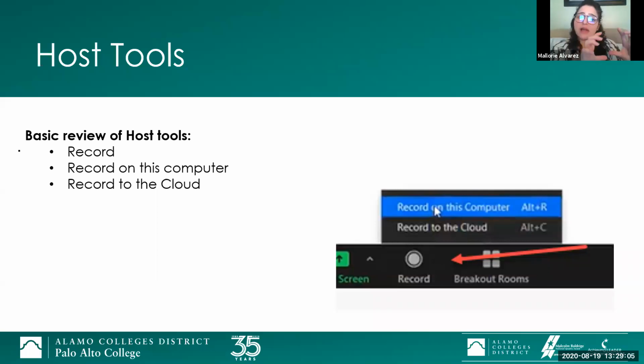Those little thumbnails that you can see of each other are called gallery view. Unless you decide to record the gallery view, those little thumbnails shouldn't appear in the recording. If you make sure that only the speaker and the items being shared in the Zoom meeting are recorded, then only the people who are talking and the items being shared are going to be recorded.